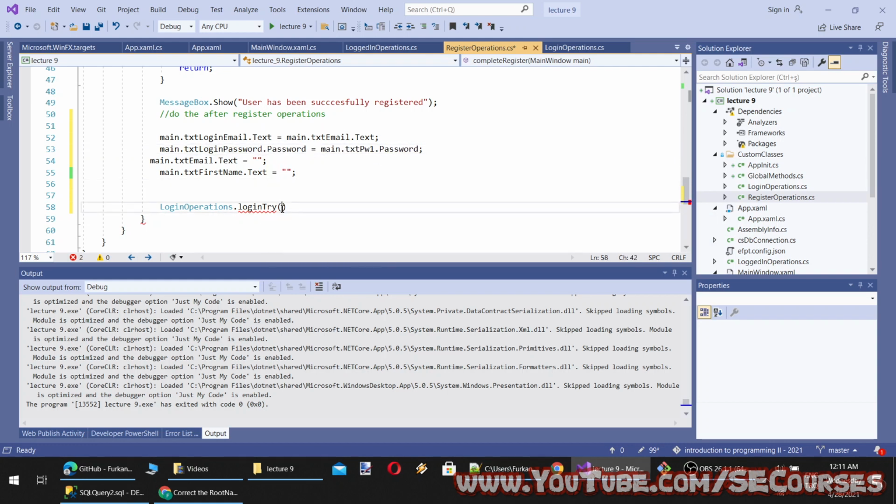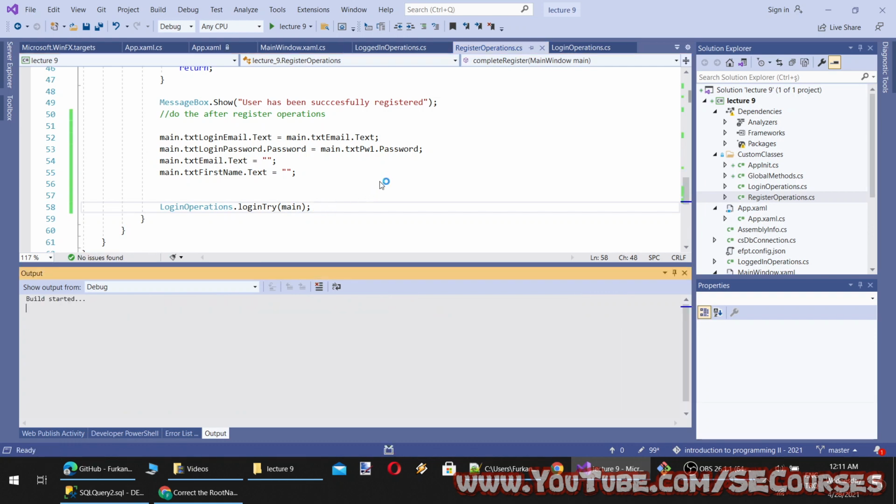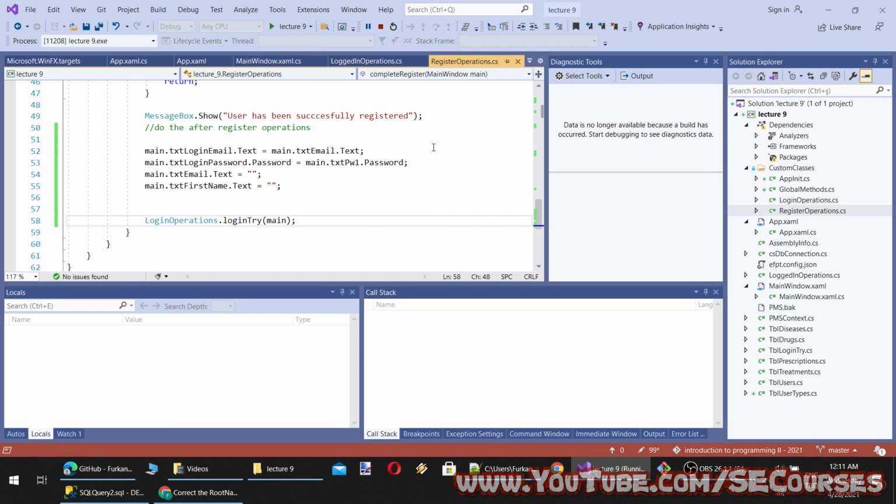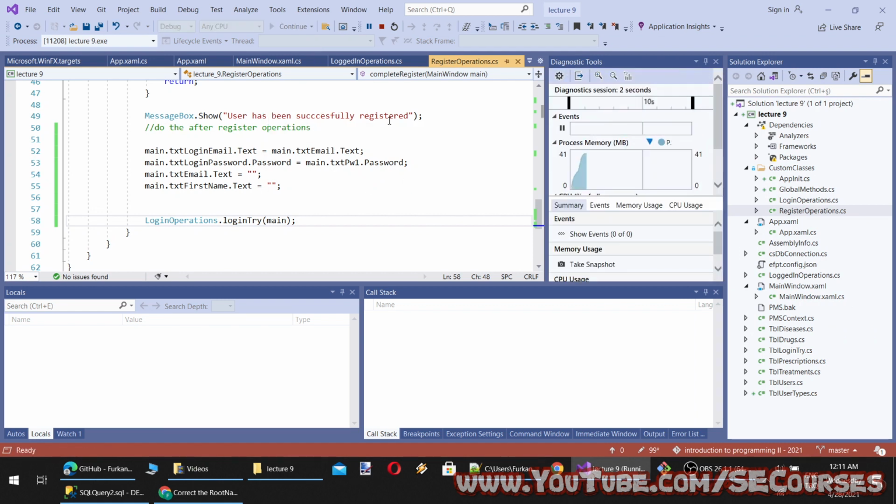Yeah. Then I will just pass the main here. Okay, now let's retry to register and see if it is automatically logged in or not. By the way, this operation will be done after displaying user has been successfully registered.